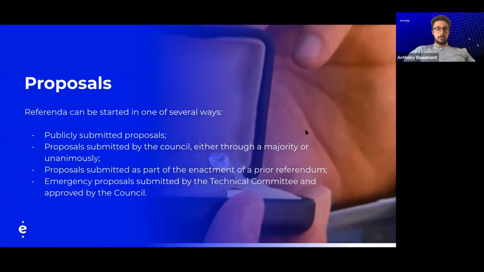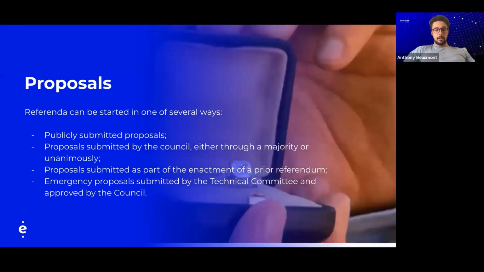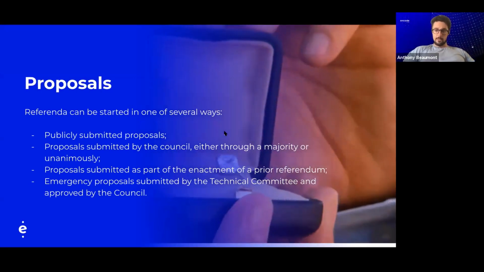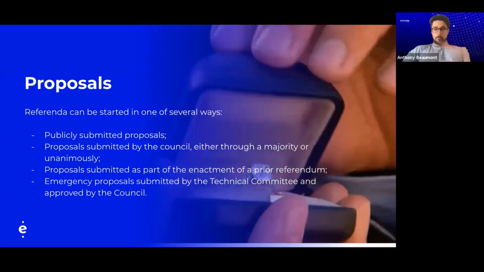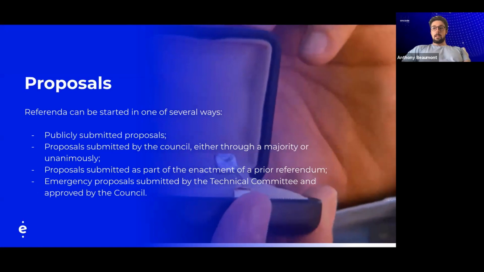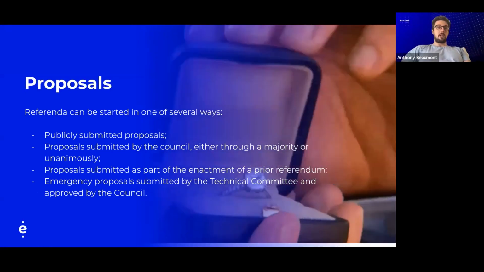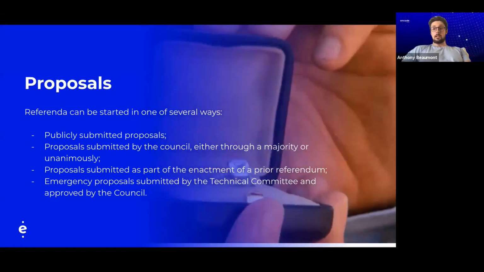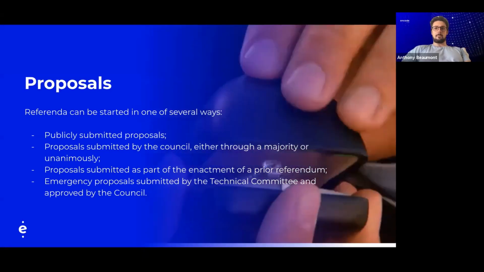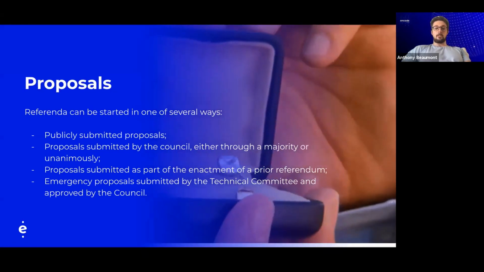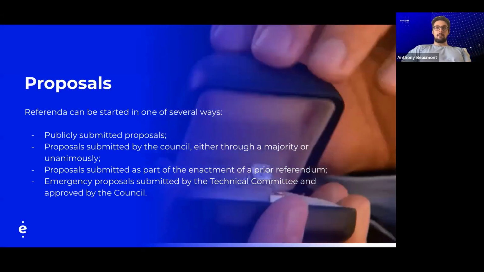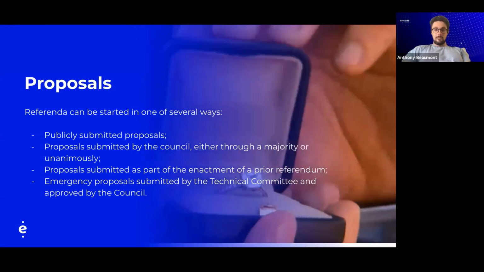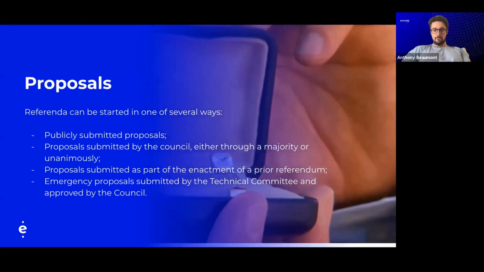Proposals, obviously not this type of proposal, can be started in one of several ways. There's public ones, you can submit them to council, there's emergency ones, various different things at very different levels. And you've also got treasury proposals, which Encode went through when we got funding for this program. We went through a full council vote and a Polkadot treasury vote, and everyone voted, and we had to stake money to make the vote. So you can't just put random votes up. And I think there's some quorum as well. Quorum means minimum attendance, so that you can't just create a vote in the middle of the night, vote on it yourself using your DOT and get loads of money from the treasury. That would be a disaster. So there are quorums as well. I can't remember what the exact quorum is, but there is one.